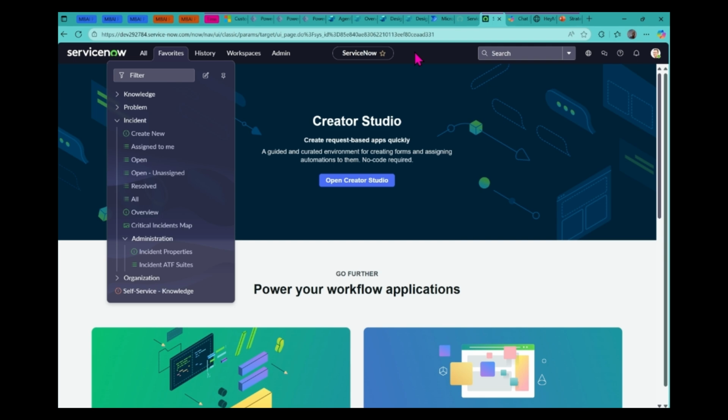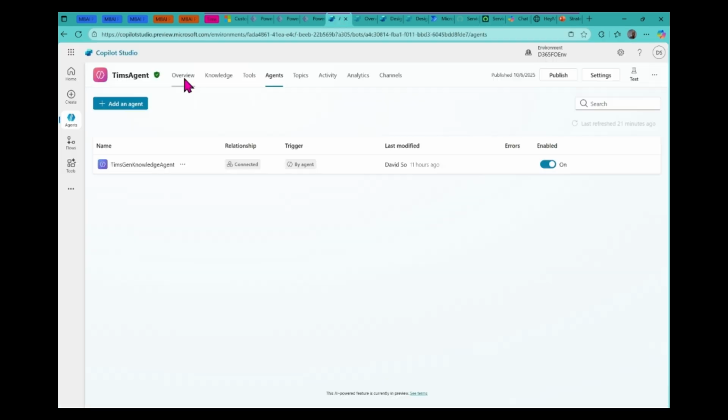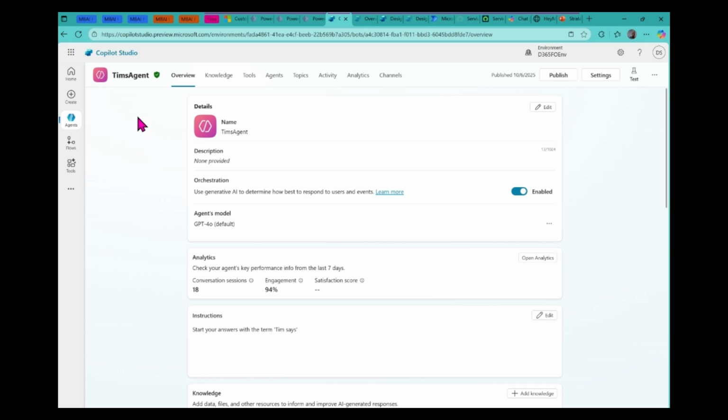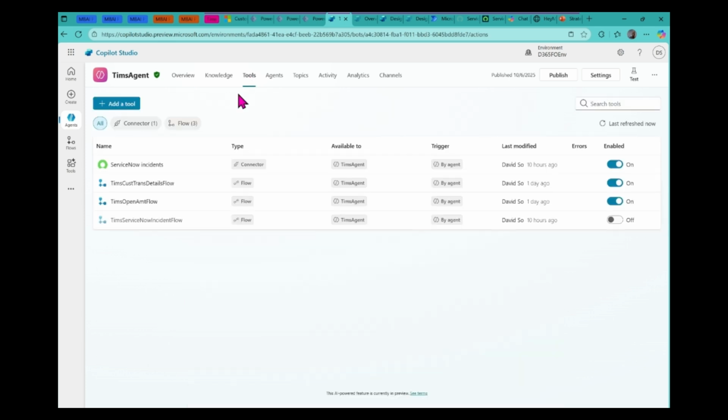And what I did is I basically created an agent. This one here, I call it Tim's agent. It's just a name. And what I did is I connected it with different tools. And these tools, they have different kind of flows connected, different agent flows that collect me all of the information that is needed. And in case I also want to have some general knowledge, I said, hey, for general knowledge